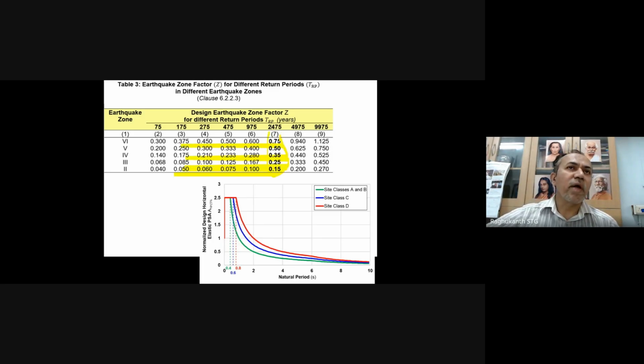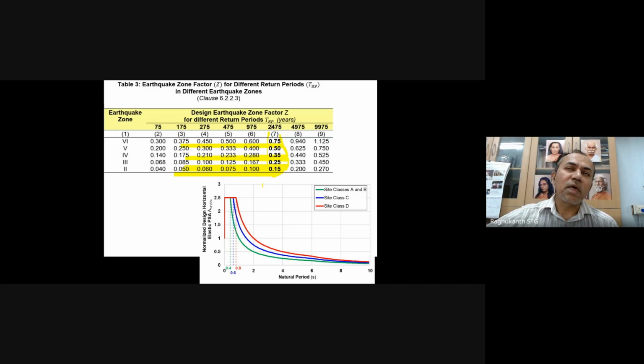So now in the code we have clearly mentioned, of course, Dr. Pradeep would have already shown you what type of structures and what return period you have to use. That has also been given. And then when it comes to the spectral shapes, three spectral shapes have been given. One is for A and B, that is for the rock type site. Previously it was type 1, type 2, type 3. So we just replaced them with site class A and B, C and D to be compatible with international standards.